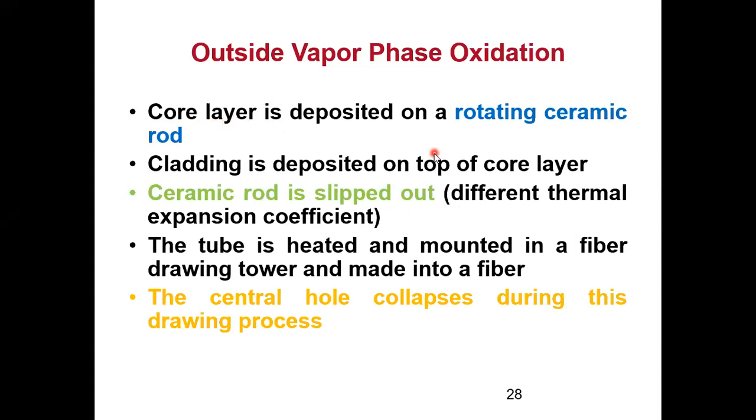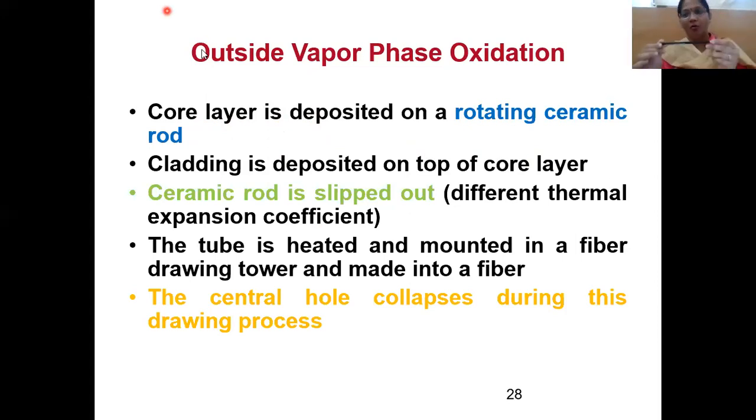What I am doing is, first of all, I have a ceramic. Now I just switch on my video. I need to show you some hand movement so that you can understand. I hope you can see me. Suppose this is a rod. This rod is made up of ceramic. Here the rod is rotated. So it is a rotating ceramic rod. It is not stationary. I will have some mechanism to clamp it, and this rod is rotating and it is made up of ceramic.